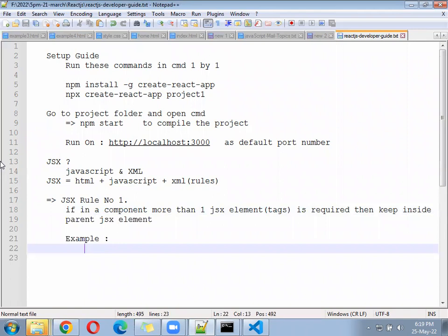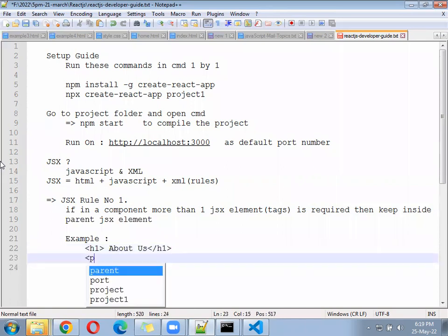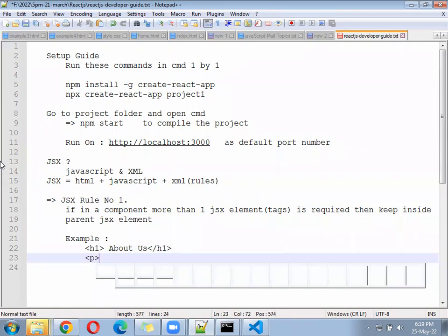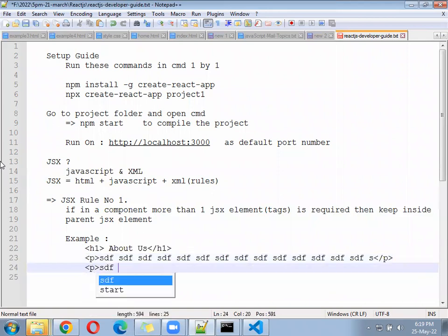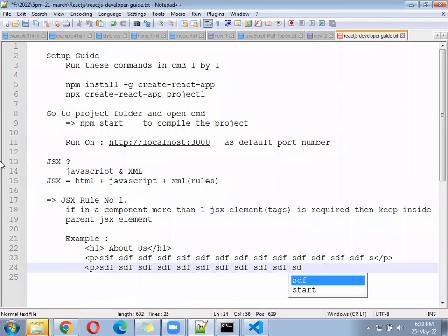Suppose we are printing an H1 about us, close the H1, and follow it with a few lines of paragraph. It can be multiple types of content.